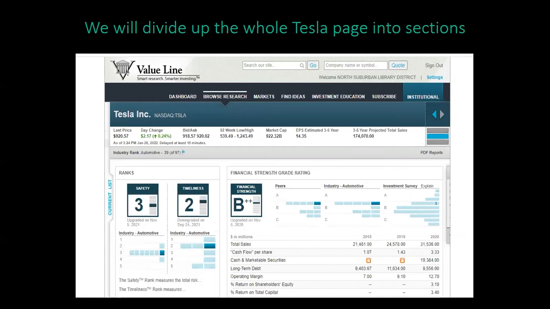The current version of Value Line is a hybrid of the digital version as well as the print version, and some information is updated daily. Some information is updated every 15 minutes, and other information is updated at different periods. As we go along, I'm going to give you a recap of how often different information is updated. Anyway, this is our digital view of Value Line's Tesla